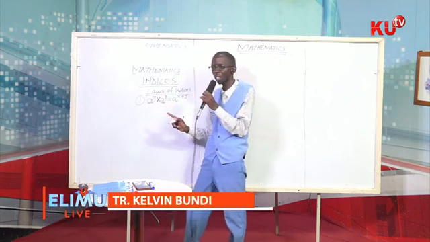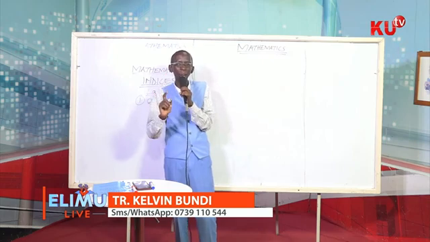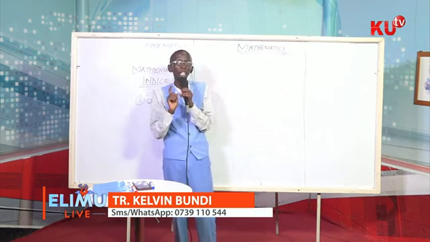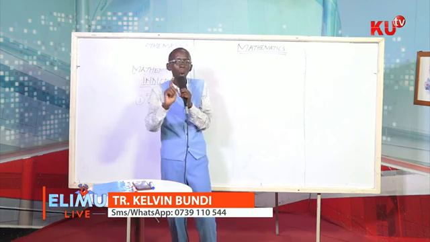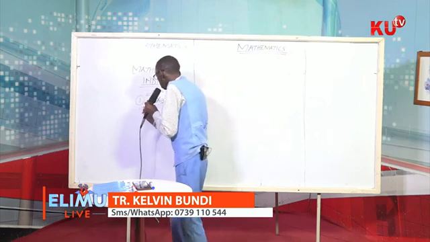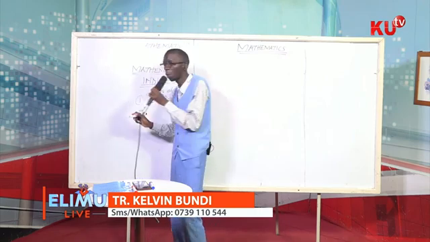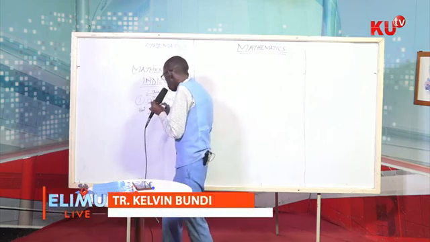We normally say that in indices, if the bases are the same and we have a multiplication sign, we add the powers. For instance, if given a question like this,